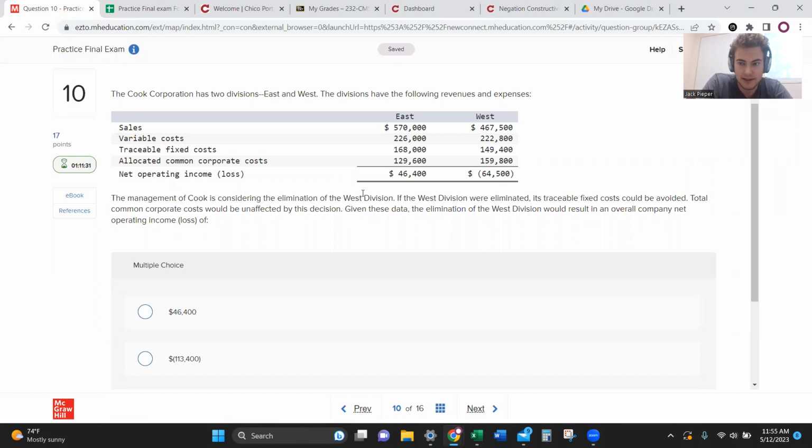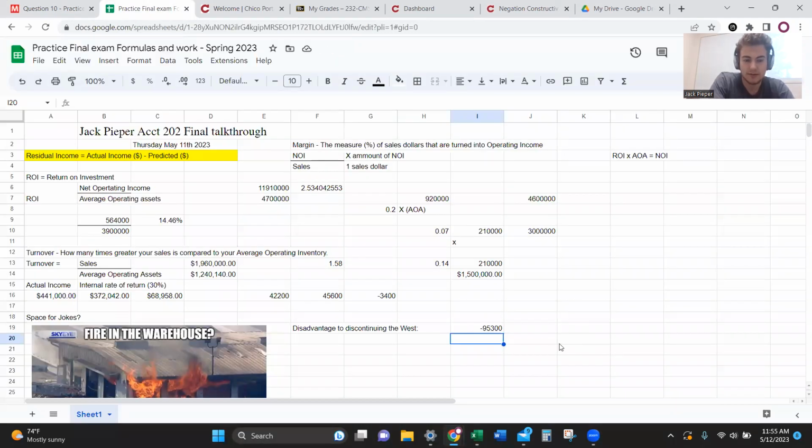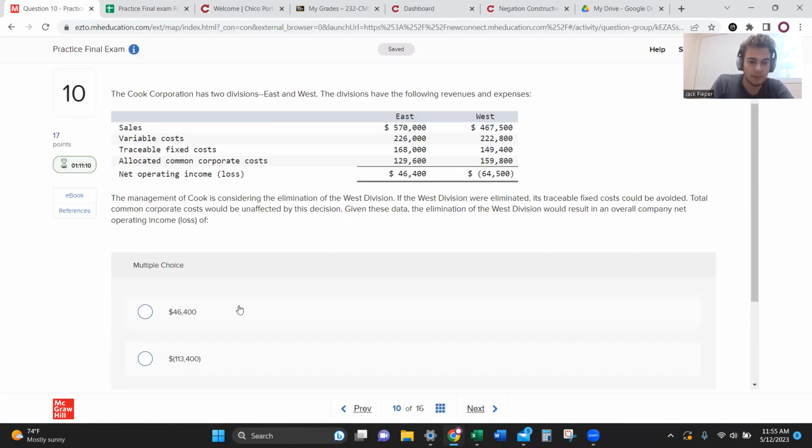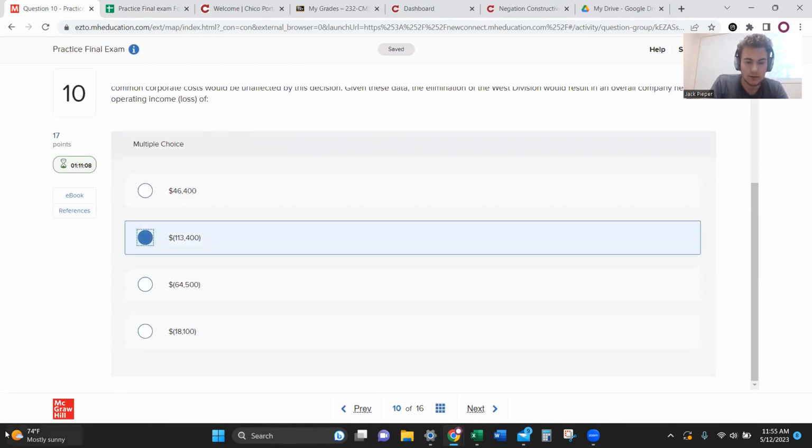That was our current net operating income before we got rid of the West. Then we add our negative number back in, however you want to do it. From the negative 18,100, you're going to add negative 95,300, which is the disadvantage of discontinuing the West. And we get a larger negative number of 130